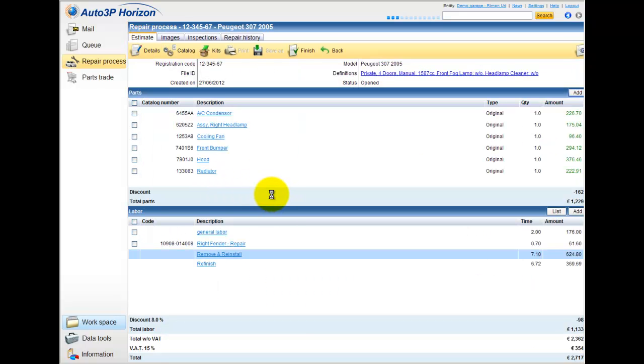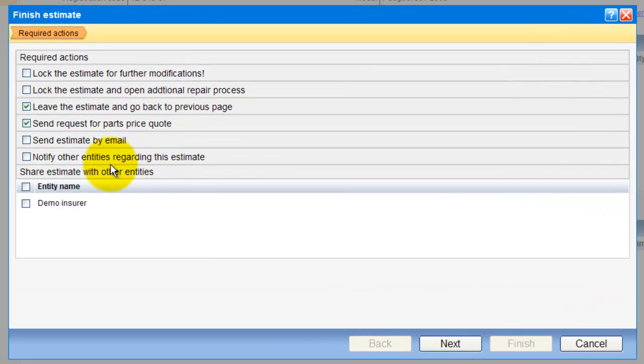Now, the next stage after I finished the estimation, it will be to conclude and finish this process. Clicking on the finish button over here, it will open some screens with options. First of all, I can now also send the part request for the trading system of the Auto3P. If I would like to send request for parts information, I can just choose this option over here, click next,